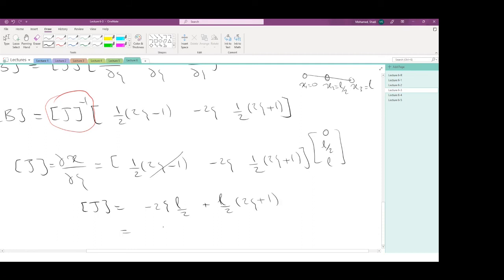I'm just going to expand that. So the 2 will cancel with the 2. It is minus psi L, and then L over 2 multiplied by 2 psi. So you will have L xi, and then L over 2 multiplied by 1. This is plus L over 2. So this will go away with this, and I will be left with the Jacobian to be L